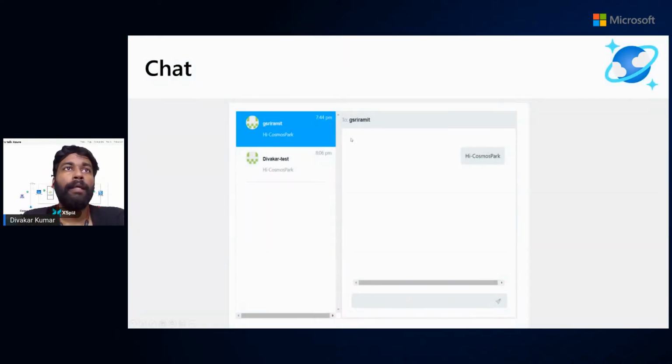Consider this is going to be one portion of our application, the chat application. Here on the leftmost side, you can see the list of chats that you have already communicated with. These are the people you have already communicated with. One way of querying this list of documents would be by the user ID, the current logged-in user ID. That would be the better partition key for this set of operations.